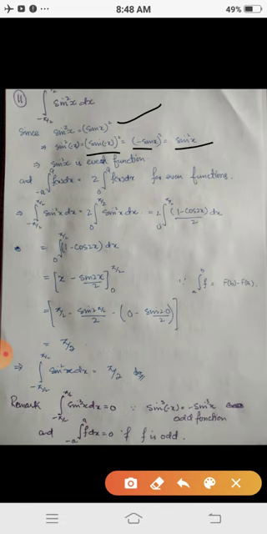And we know that for an even function, integral from minus a to a of f dx is twice the integral from 0 to a of f of x. Hence integral from minus pi by 2 to pi by 2 of sine square x dx is twice the integral from 0 to pi by 2 of sine square x dx. Sine square x can be written as (1 minus cos 2x) upon 2. This 2 and this 2 will cancel, so we simply get integral 0 to pi by 2 of